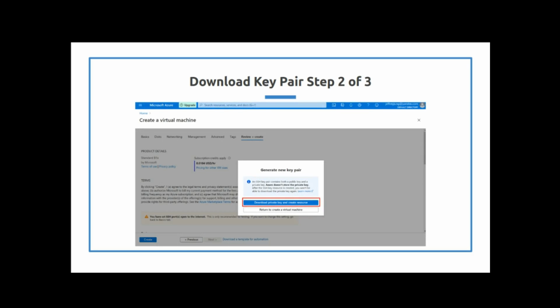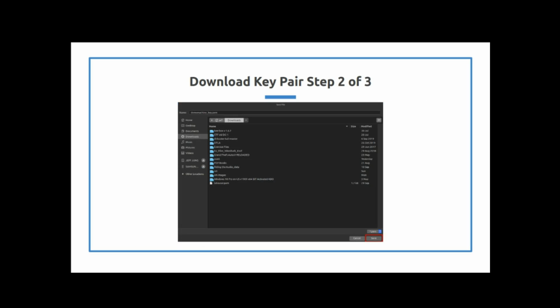So after you've gone through the creation process and you've put in your user information and you've gotten the confirmation and you click create, what happens is a screen's going to pop up if you picked the SSH key option to download the SSH keys. And the key pair is how you get your machine to log in for you. So this save box is going to pop up where you can choose where you want to save your key to. And then after you choose where you want it to save to, you click